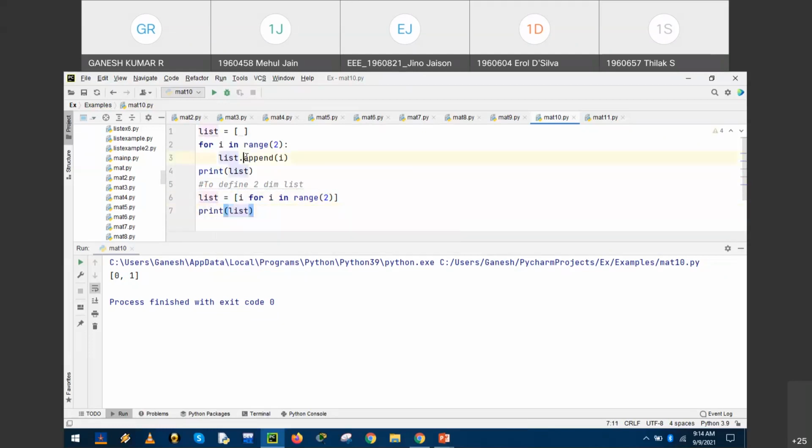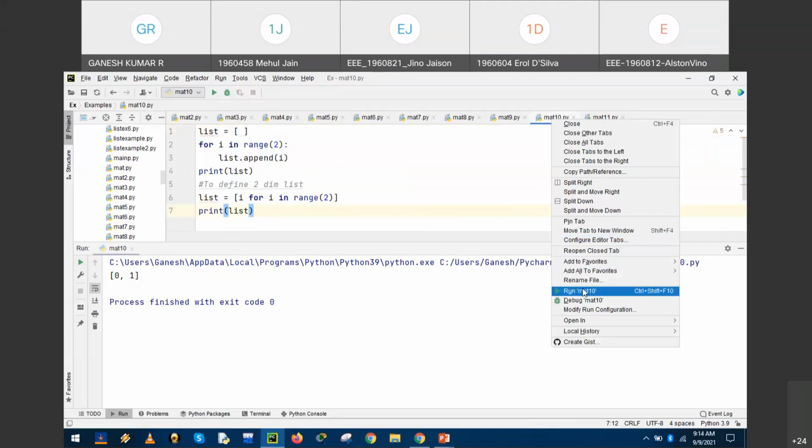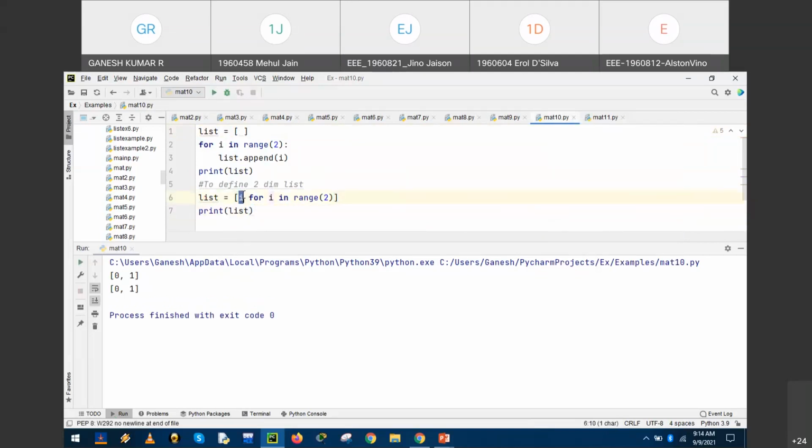So a simple list is now extended to a one-dimensional list. One dimension could represent rows and columns. So we started with defining a dynamic list, and it is extended to one dimension. One dimension will have only the row, for i, right? So what could be the output of this statement? The output could be the same because we have defined only i. i is nothing but the row.